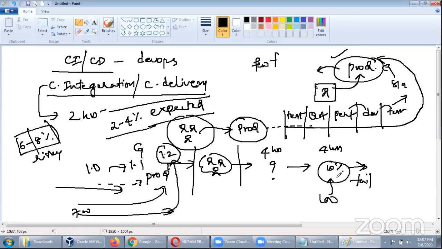Now, do you want to run this 1.2 for hours, or do you want to revert back to the 1.1? Now tell me. You getting what the point I'm talking? Immediately, once I understand that my customers are not happy with the 1.2, then I have to initiate the proceedings to revert back to 1.1, and which should happen in the live integration. Live, everything should happen in the live.